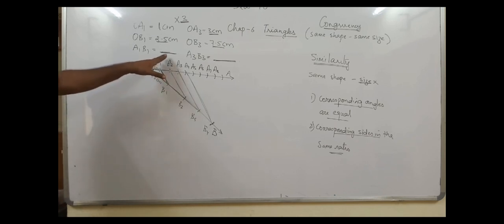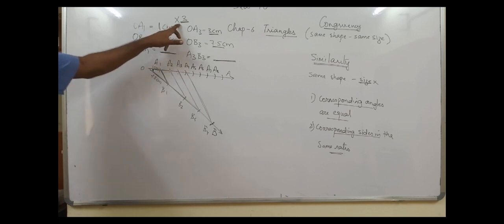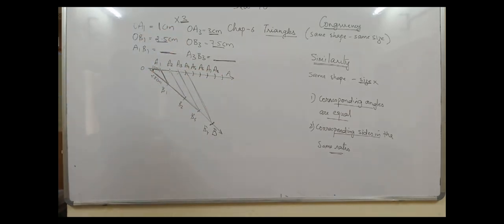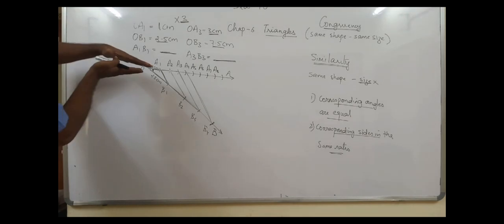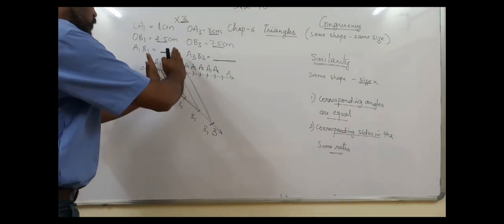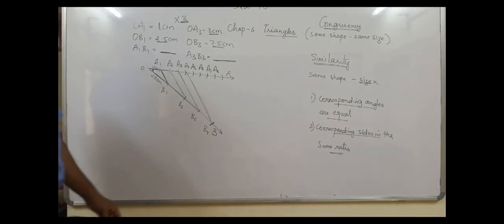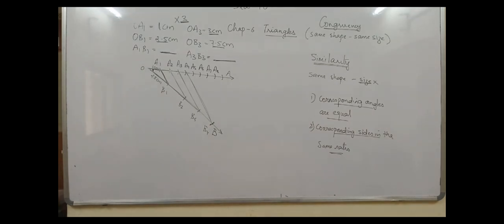And you will see that more or less, it may not be very accurate, but this measure you get multiplied by 3 will give you this measurement. So this is a clear indication that when you increase two sides of a triangle in the same proportion, the third side will also be in the same proportion. So this is the idea of similarity of triangles. We will have to do the theorems on similarity of triangles, but this is a basic idea.